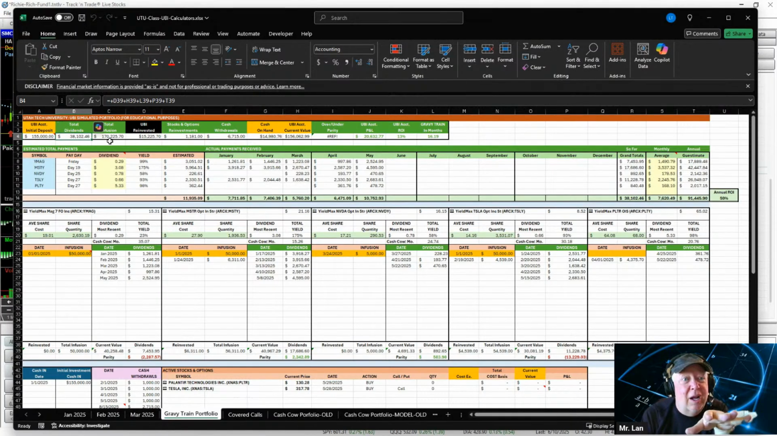So I'm trying to break all that stuff out. That's what all this stuff across here is. So you've got all this blended money. And then parity